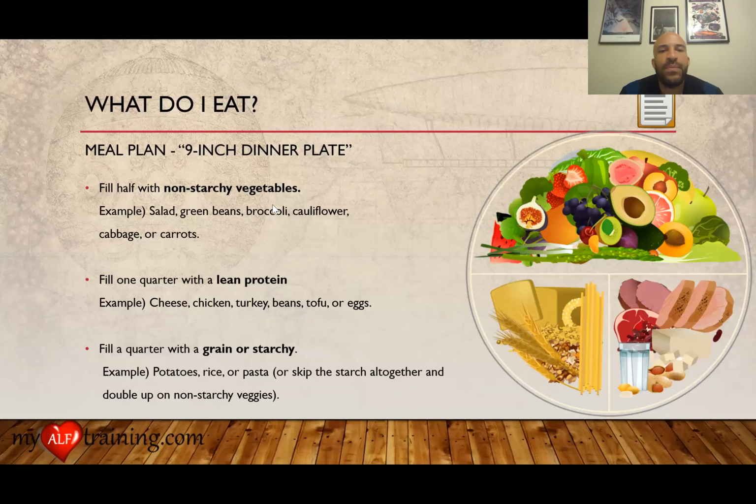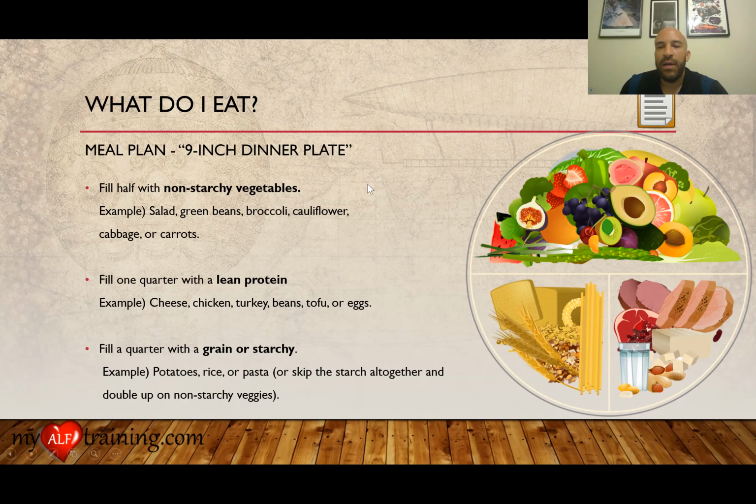Okay, so the best way to help your patient improve their eating habits and develop a better meal plan is, when you're helping them prepare their meal or assessing their meal before they eat, to use what is called the 9-inch dinner plate. It doesn't have to be exactly a 9-inch plate. You just have to cut the plate in half and then cut one half of the plate into another half,